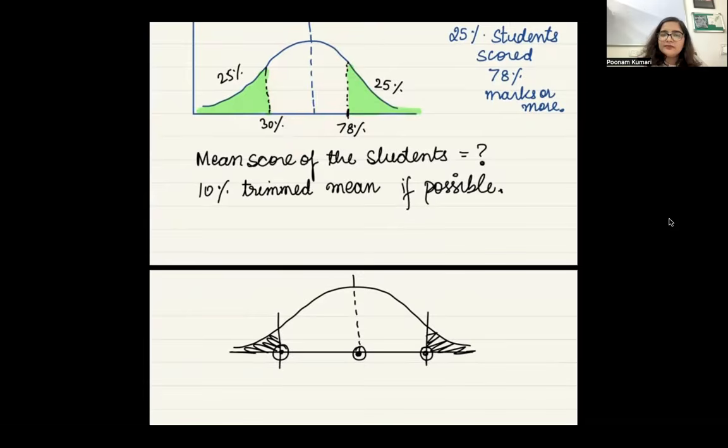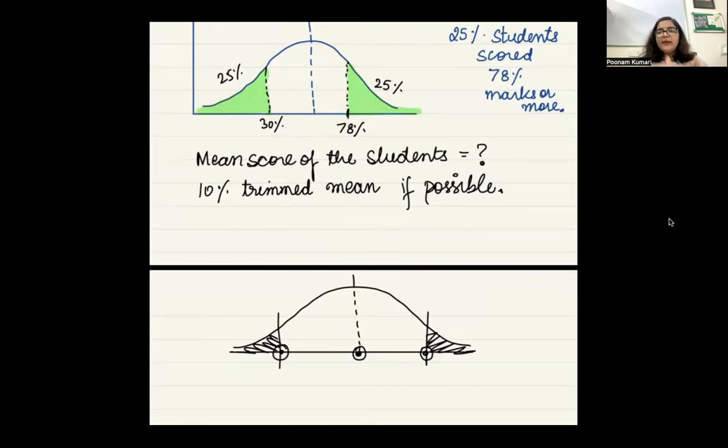Ma'am, then what if we had different percentages on both sides? Then you can't do anything. Because I know that if I have the exact same area here and exact same area here, this position is exactly similar to this position because it is symmetric, right? Yes, ma'am. So if I just take the average of these two, this will give me this center point. But if this would have been 20% and this is 25%, then we can't say anything.